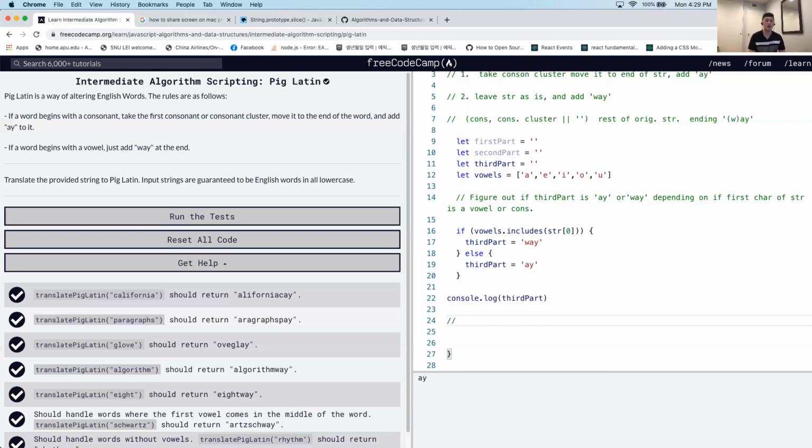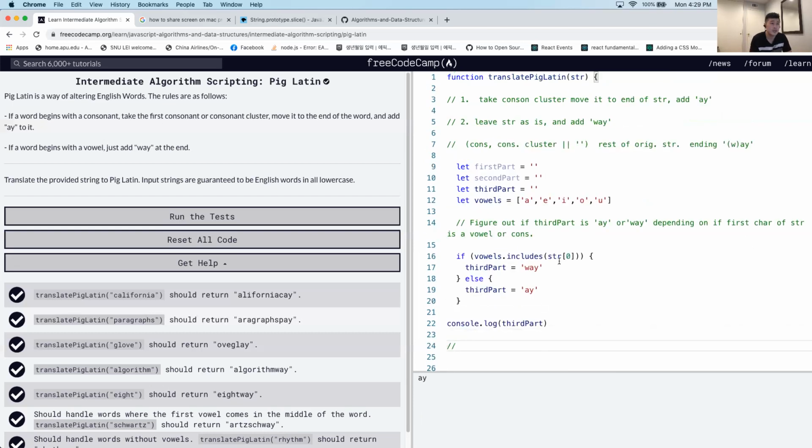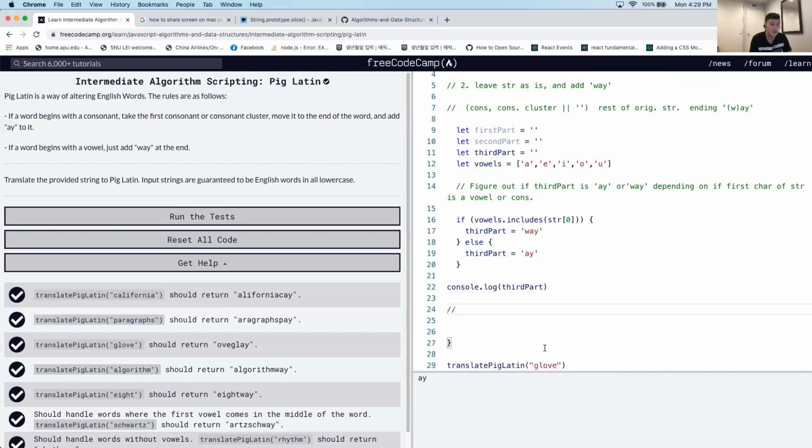What we're probably going to need to do is loop through the characters of this string to check to see if each is a consonant or not. So we're going to first loop through the original string,